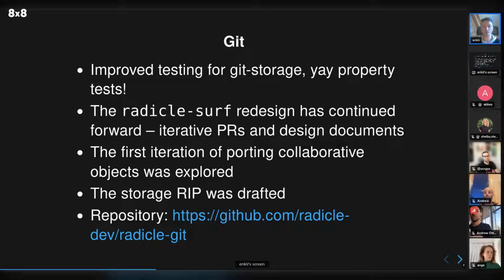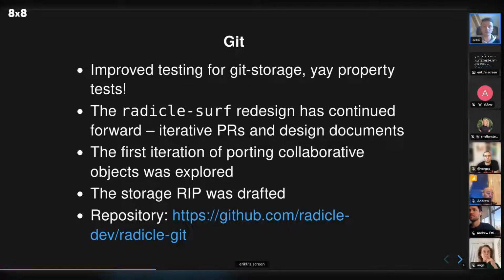There was also an initiative to port collaborative objects to the new protocol. We also drafted a Radicle improvement proposal for the new storage. And for people who are interested in browsing through the code, I also put the link into the